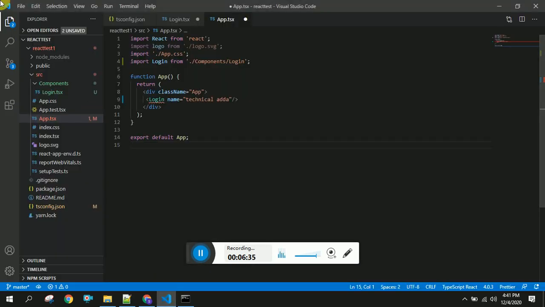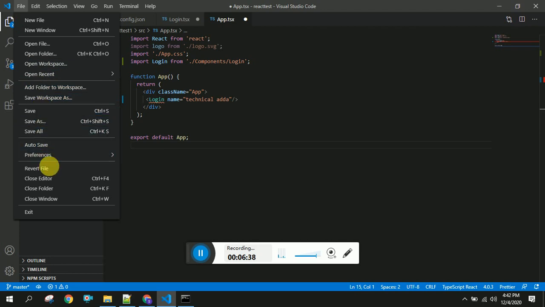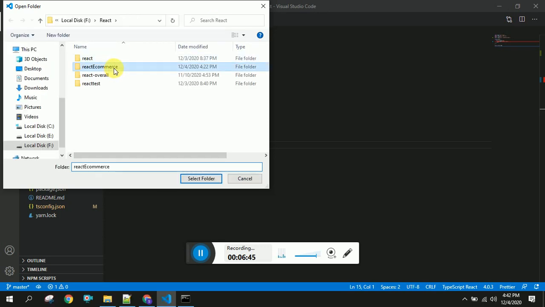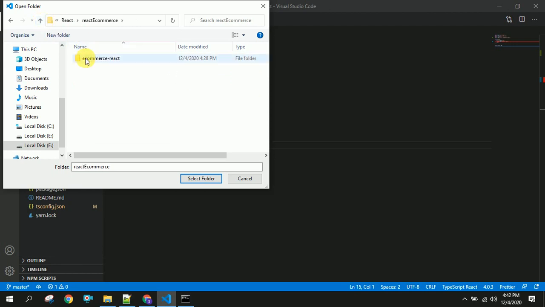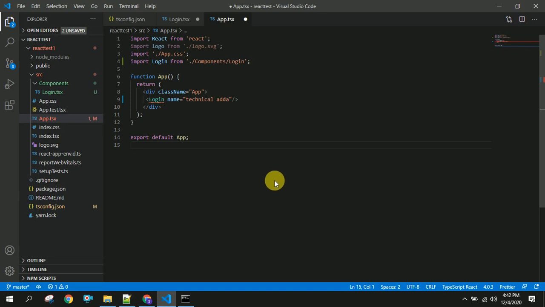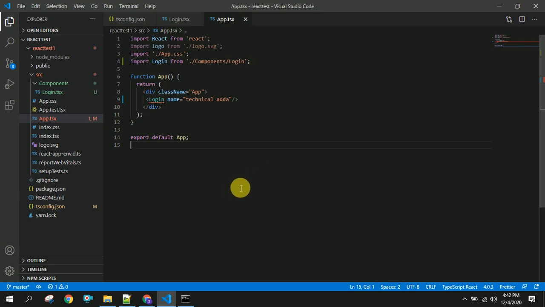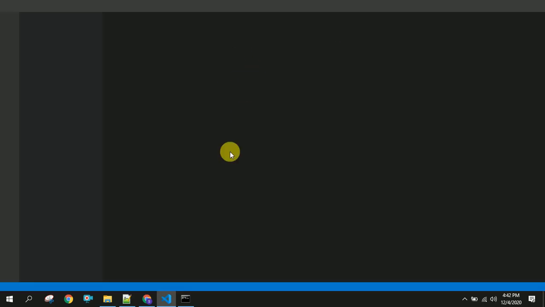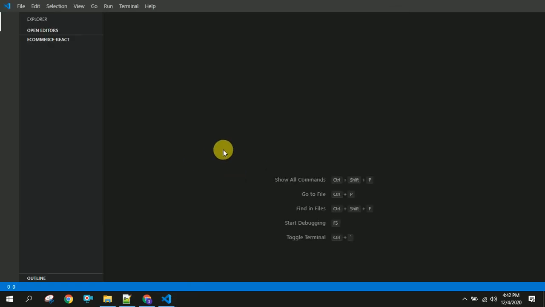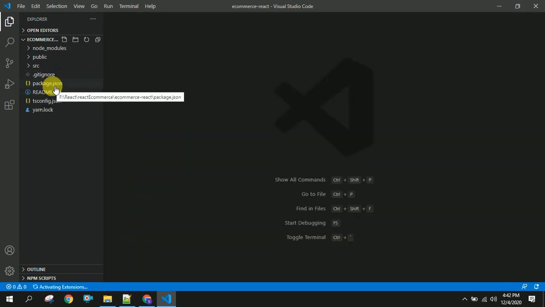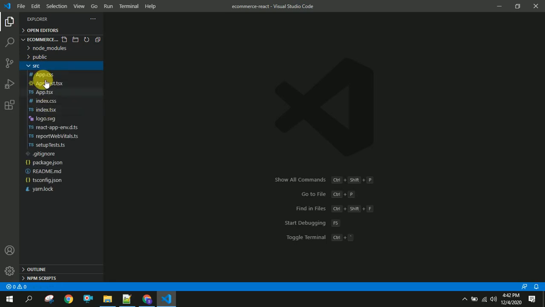Now I will open this folder. This is the project that got created here, and if you see in the source folder, you have app.tsx because we are using TypeScript.